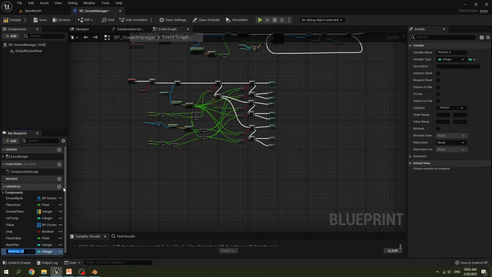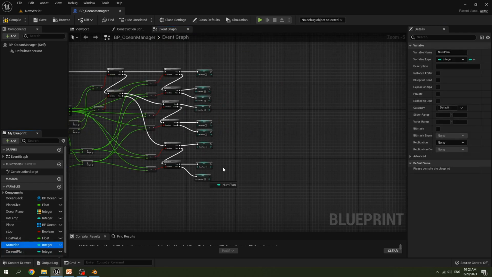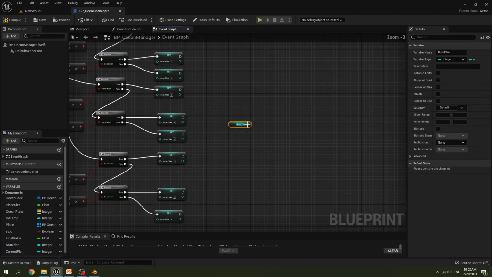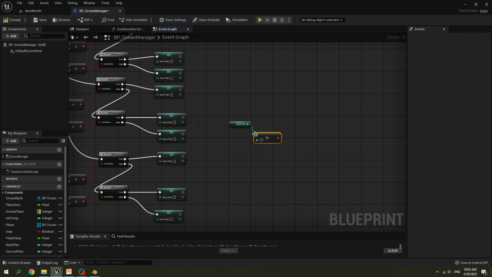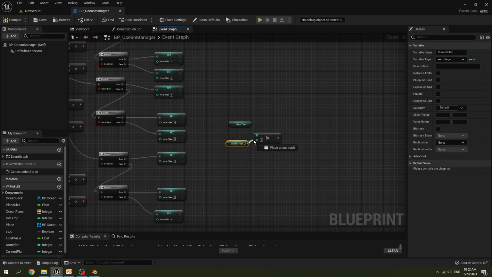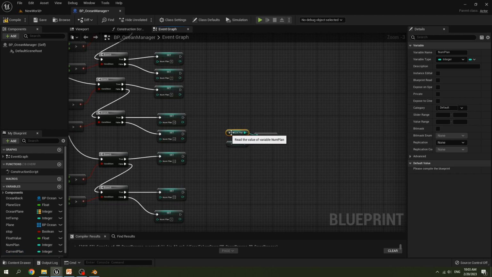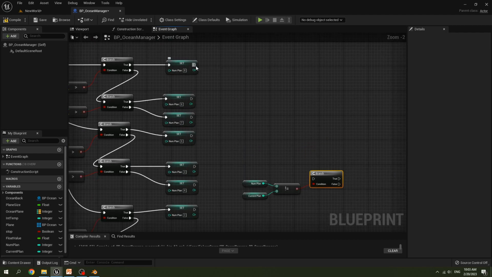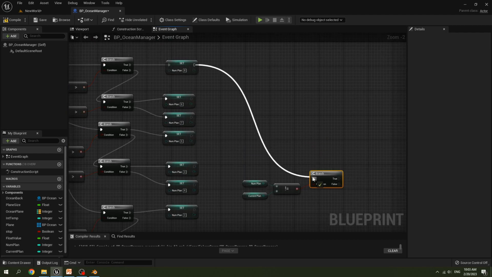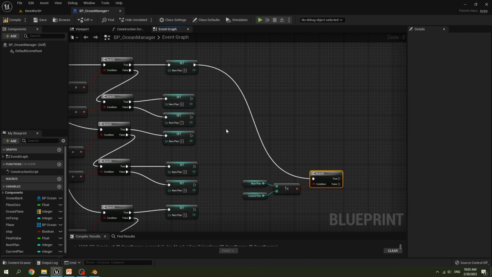Create new variable, rename it to current plane, get numPlane, and create not equal function, get current plane and connect it to the value. Create a branch, connect all the nodes to the branch.